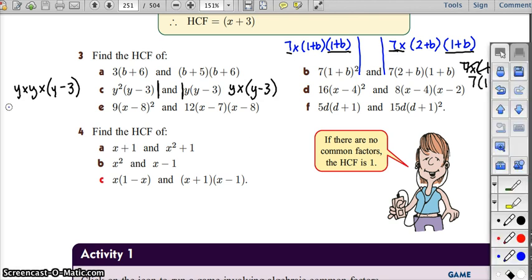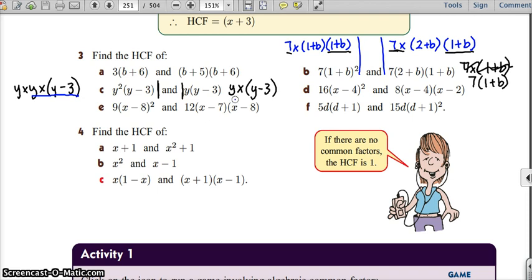So if you look here and if you look here, what's common? Sorry, I'll ask you again. What's common here all over here? The y times y negative 3. So that there, and that there. So the answer to this one is